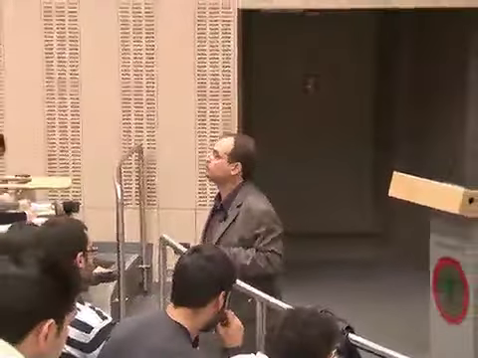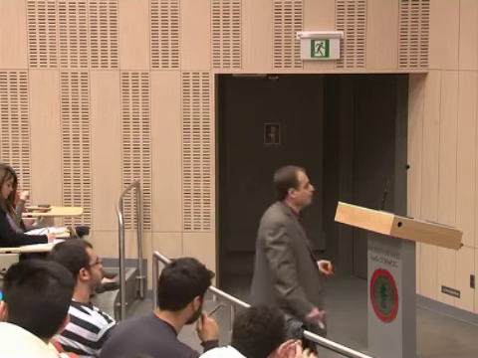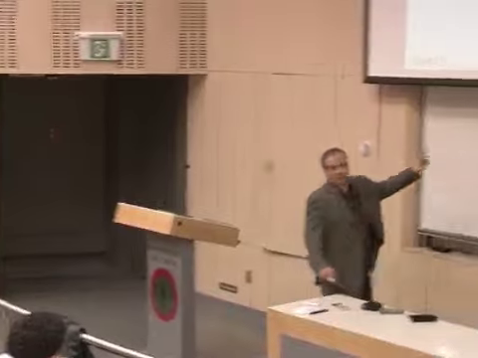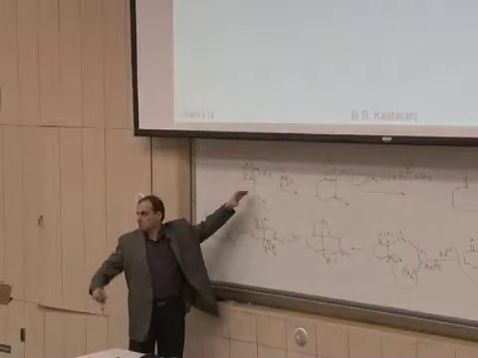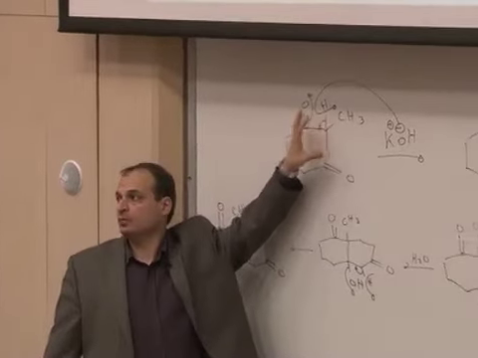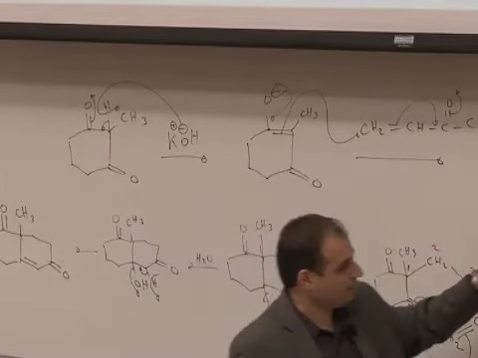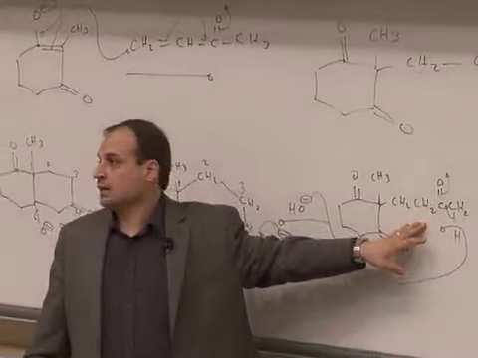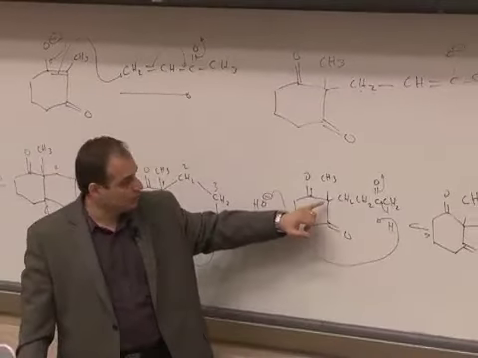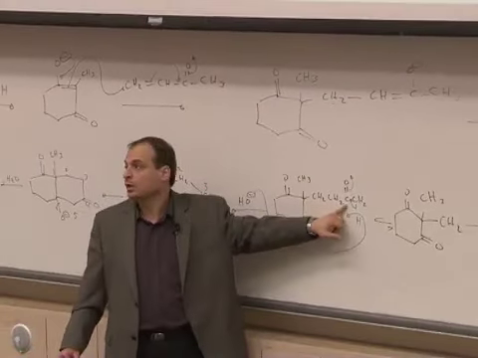That's right. Yes, ma'am. I just want to make sure when we first added the KOH in the aldol condensation, why did it attack the CH3, not any other acidic hydrogen? Okay. You mean in the first step or in the second? Right here, let me just talk about the entire reaction. Right here, we agree that this hydrogen is the most acidic hydrogen, right? Because the enolate is the most stable. Now, between here, when you are having this product and you are adding a hydroxide ion, well, if you take this hydrogen, for instance, and you are attacking this carbonyl, you're going to have